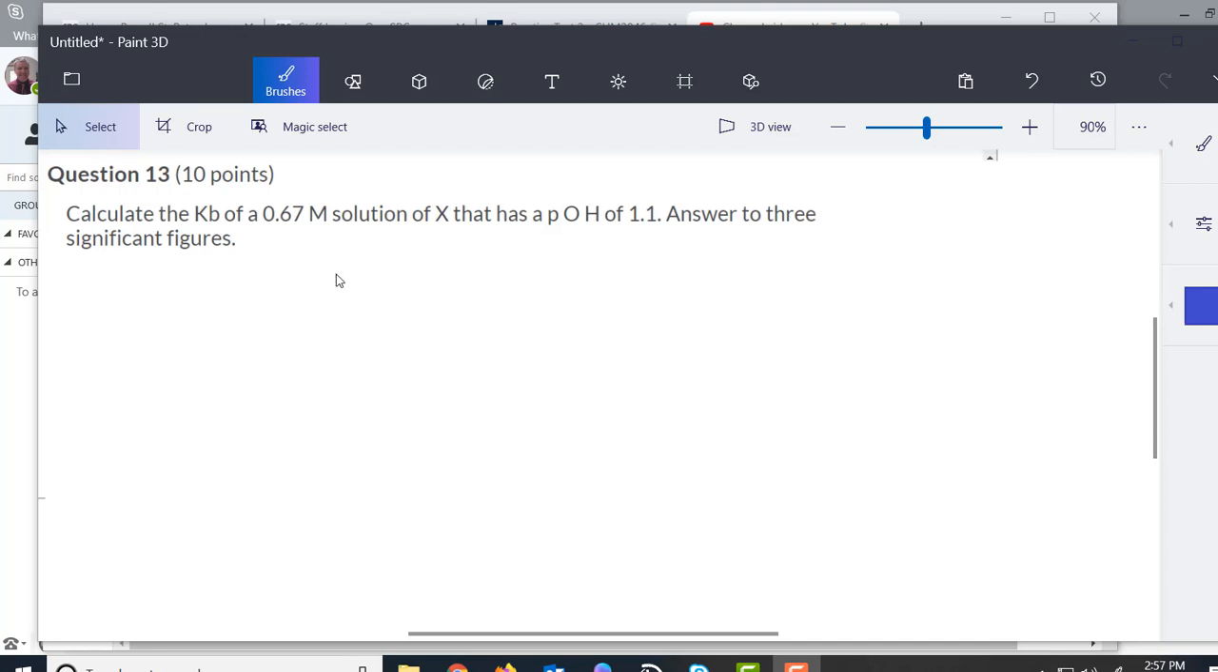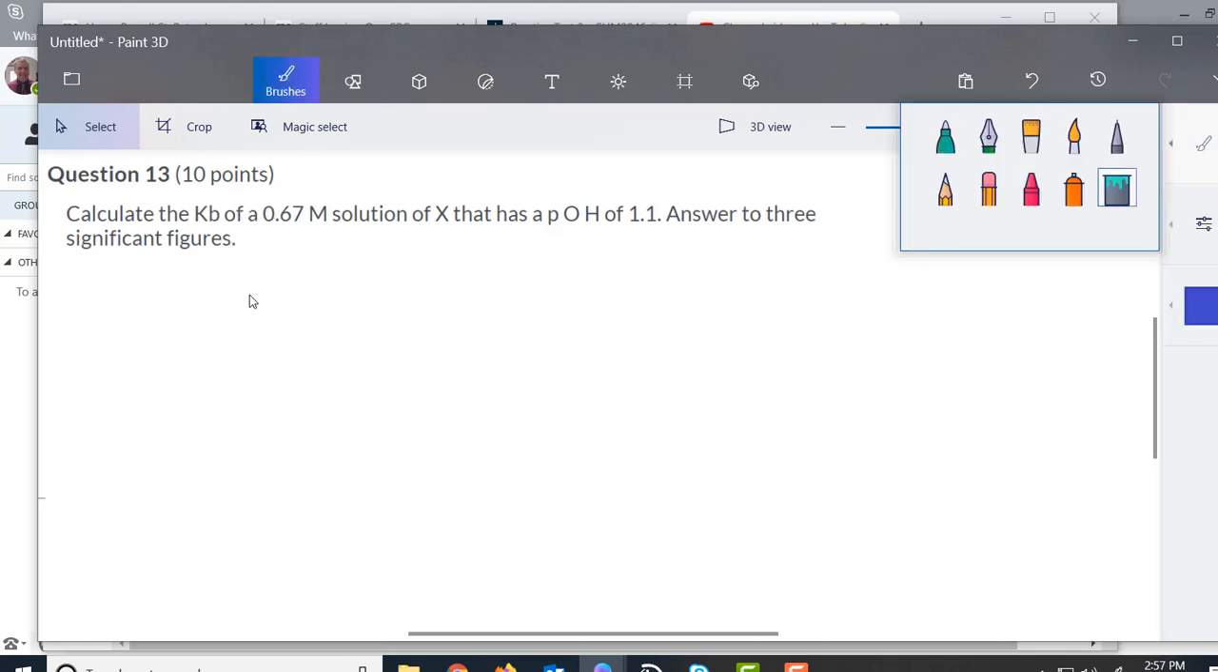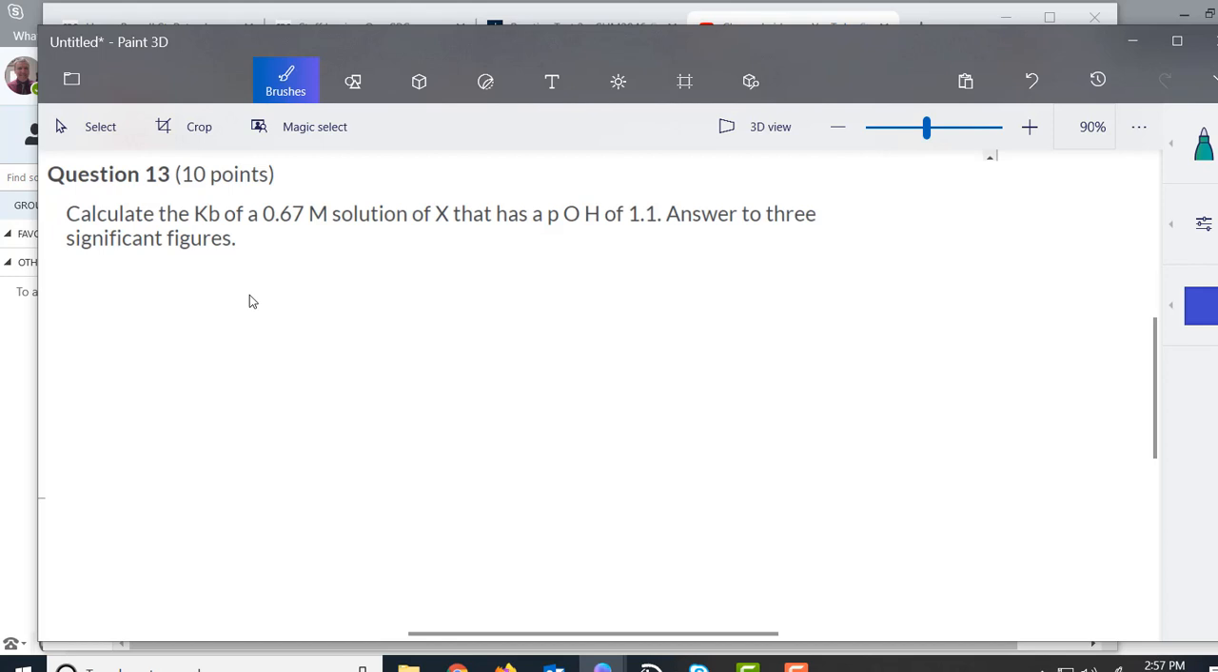Question 13. We're looking at Kb here, and we are given the pOH. So let's take a look at how we manage this. First of all, we do our equation. Let's get a brush first, and we're going to start out with X,